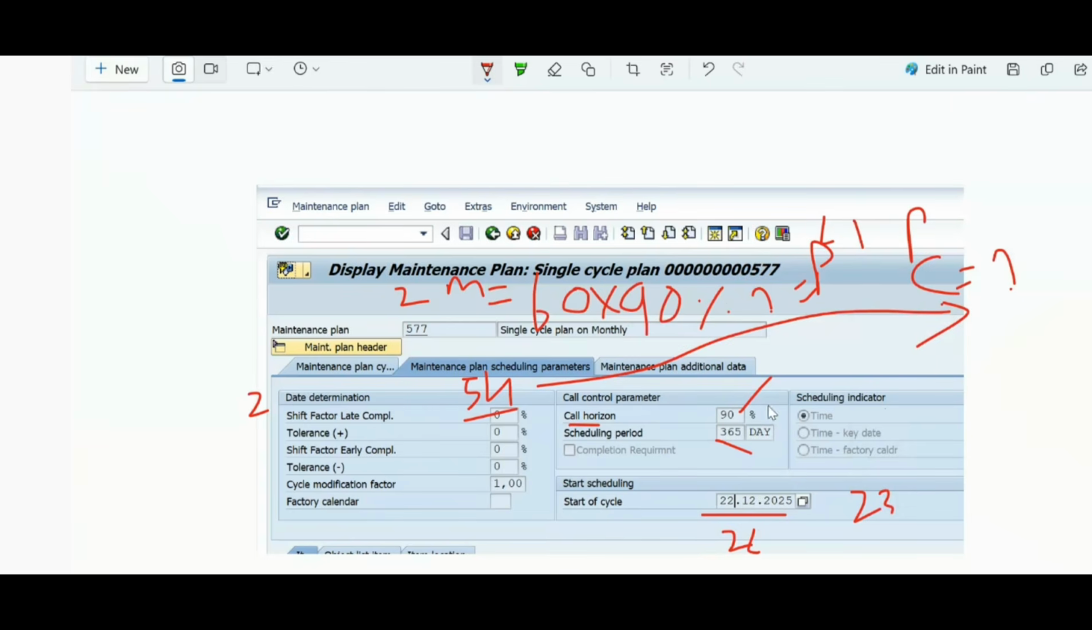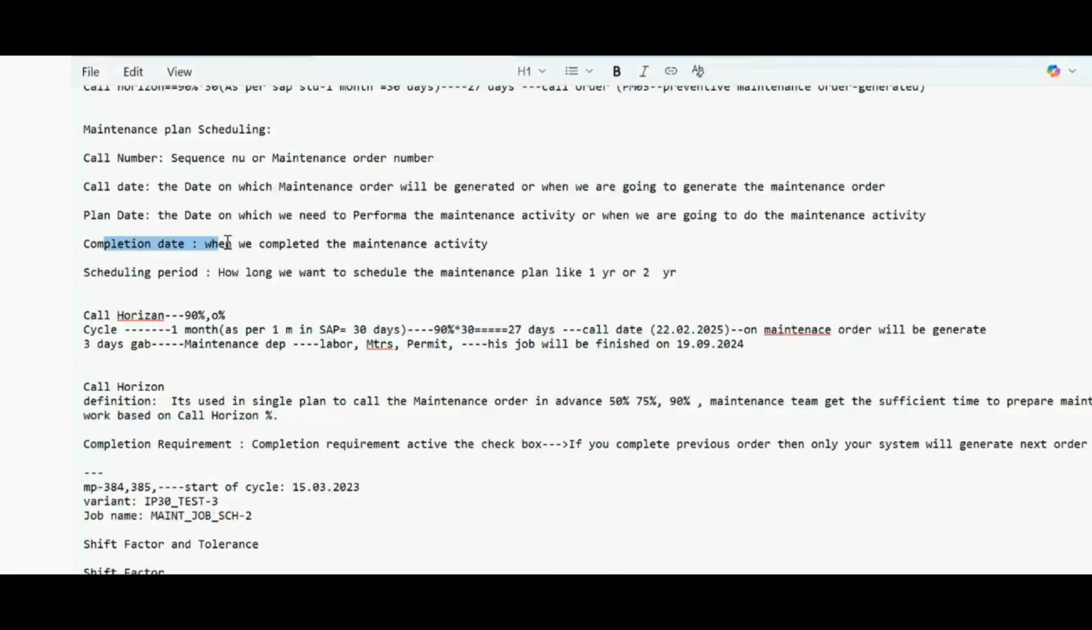ओके, तो ऐसा थोड़ा अंदाज से बता दिया तो वो लोग बोलेंगे ओके। तो यही सिनारियो पूछेंगे। तो ठीक है, कंप्लीशन रिक्वायरमेंट मतलब क्या है, ये बताना है। प्रीवियस ऑर्डर को कंप्लीट करना, तभी नेक्स्ट मेंटेनेंस ऑर्डर को जनरेट करेगा, वही फंक्शनैलिटी कंप्लीशन रिक्वायरमेंट। स्टार्ट ऑफ साइकिल मतलब क्या है, वो बताना है, हम कब उसका मेंटेनेंस प्लान स्टार्ट करेंगे, ये सारे मैंने इंडिविजुअली लिखा है। देखो, कंप्लीशन डेट, व्हेन वी कंप्लीट द मेंटेनेंस एक्टिविटी, कंप्लीशन